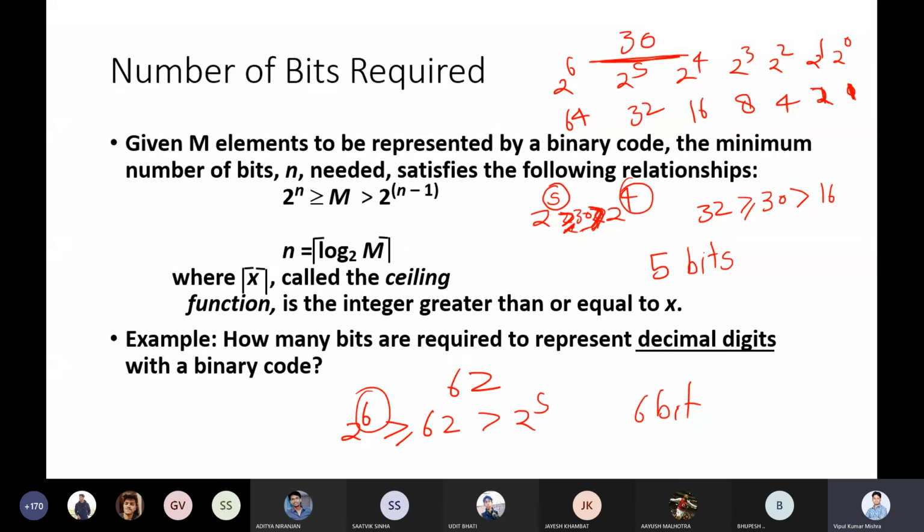Okay. Any doubt on this? So now you can calculate how many bits is required to represent any number. Anyone, any doubt on this? Just you have to recall 2 to the powers. Based on that 2 to the powers, in which bracket it is coming, take the max, and that many bits required.